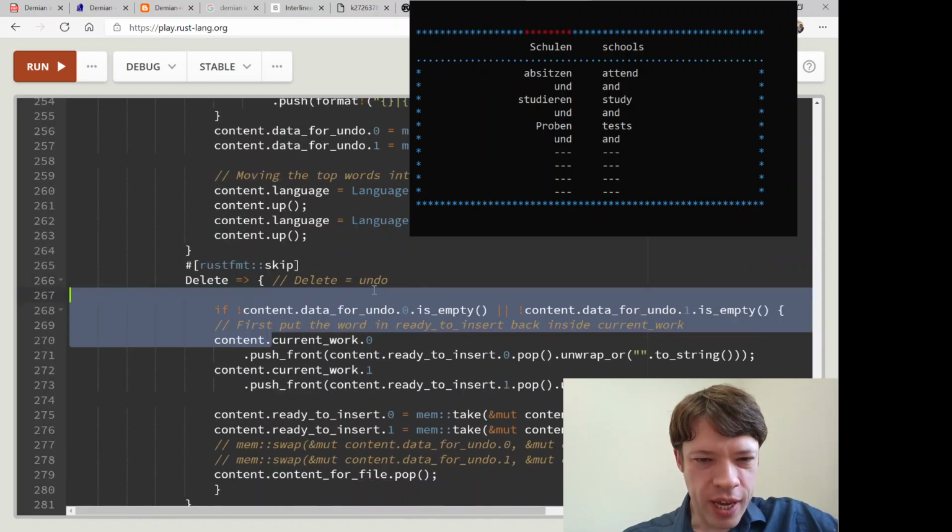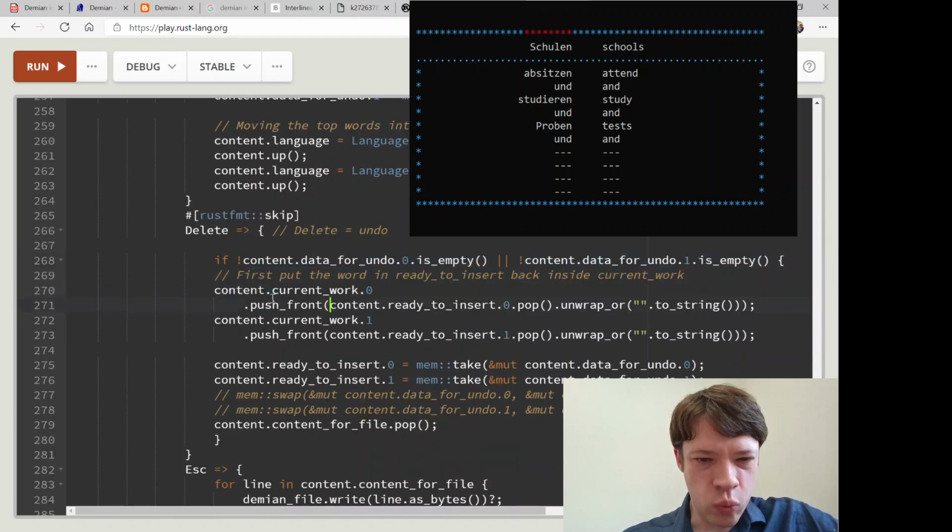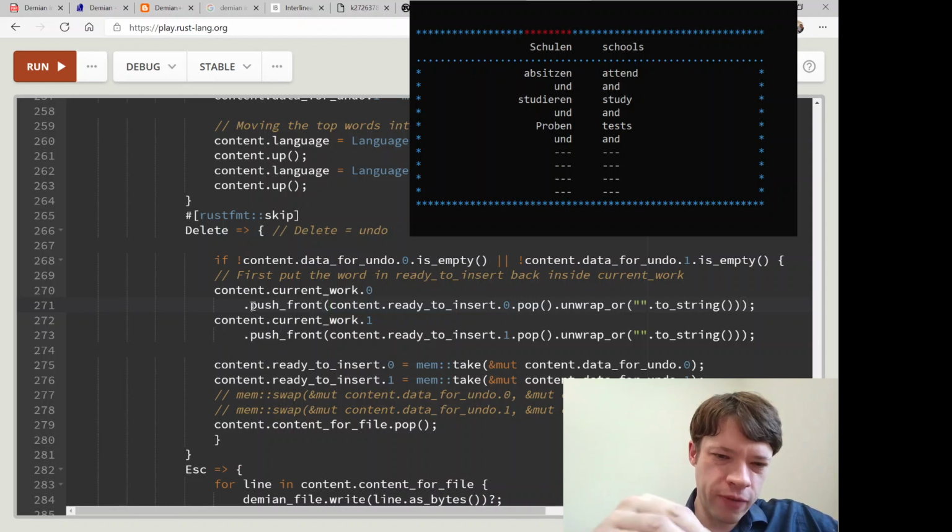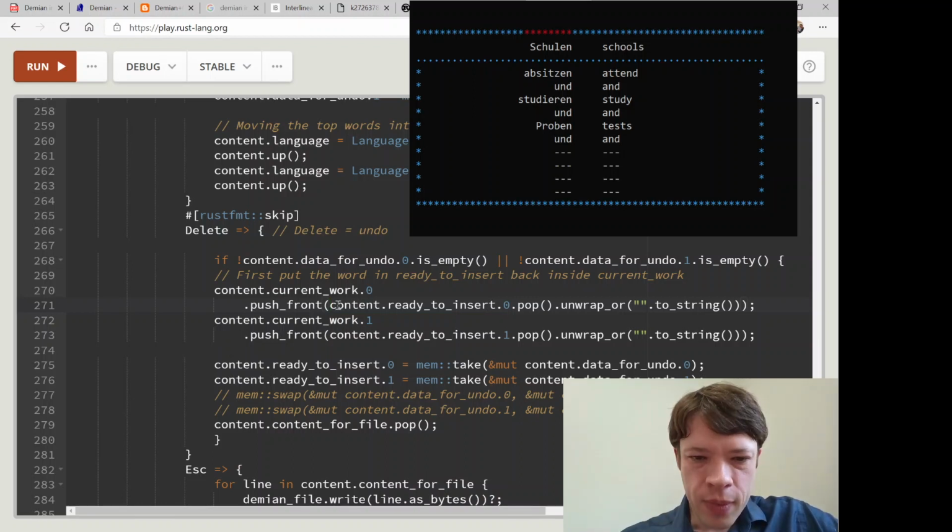So the current work, that is what we're currently working on. Oh, that's right. So it should go to the front. So the word that we're currently working on, this should go back to current work. So in this example, you have like Schulen and schools. So Schulen should go down if you hit delete.